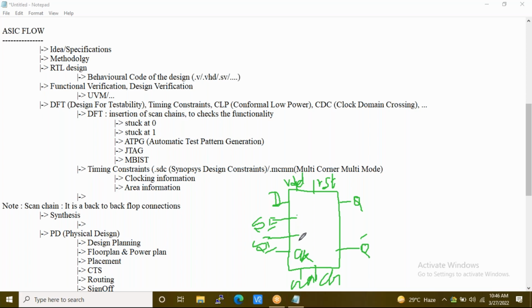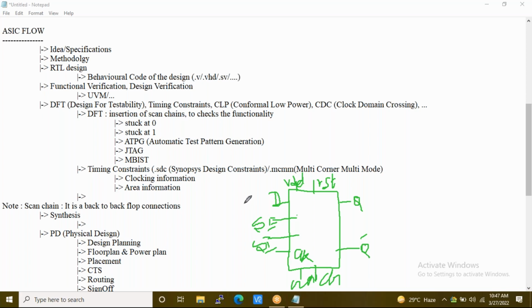A few cells will have them and a few will not. The cells which have the SI and SE pins will be present in that particular scan chain information.